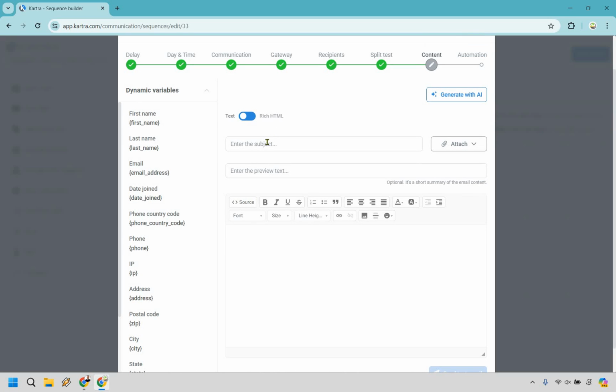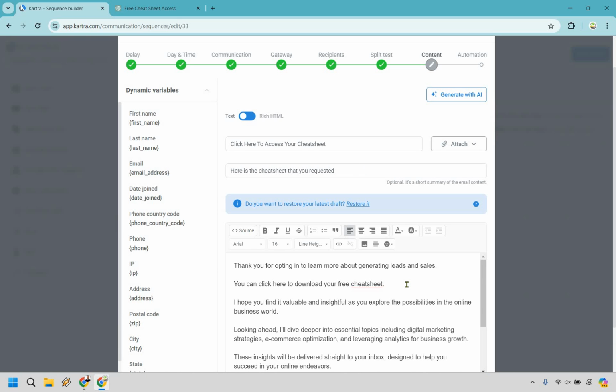So I'm going to add in that subject line. All right, so the subject line is going to be click here to access your cheat sheet. And the little bit extra is optional. It's a short summary of the email content. Here's the cheat sheet that you requested. Very quickly, I'm just going to use ChatGPT to put together a very quick email so I don't have to write it for you. All right, so we have thank you for opting in to learn more about generating leads